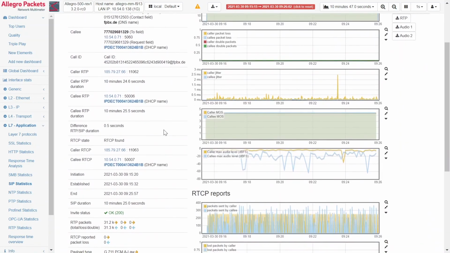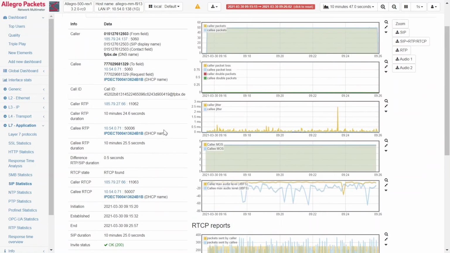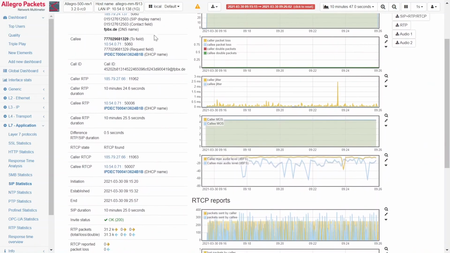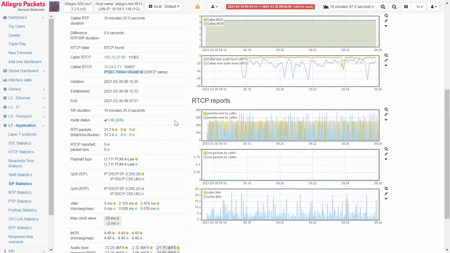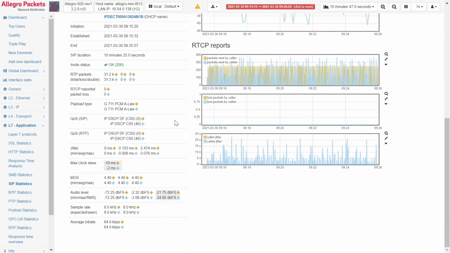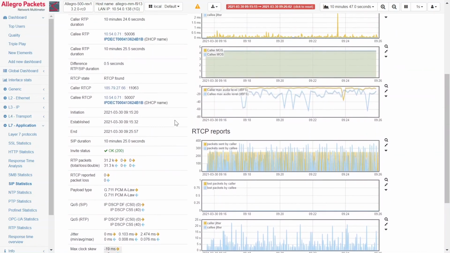With that call, we can now easily identify a lot more fields. For example, we can have the SIP display name, contact fields, and request fields. We added more fields there too, like the request header, contact header, asserted identity header, or preferred identity. So all the meta information which is submitted with SIP, we can see a lot more of here.